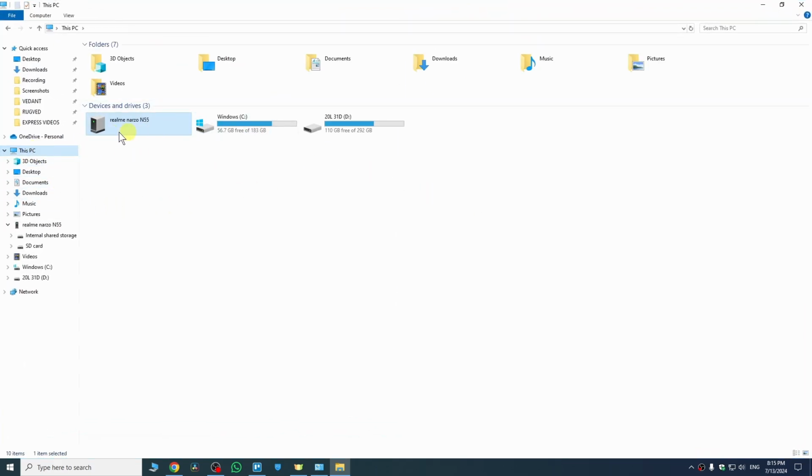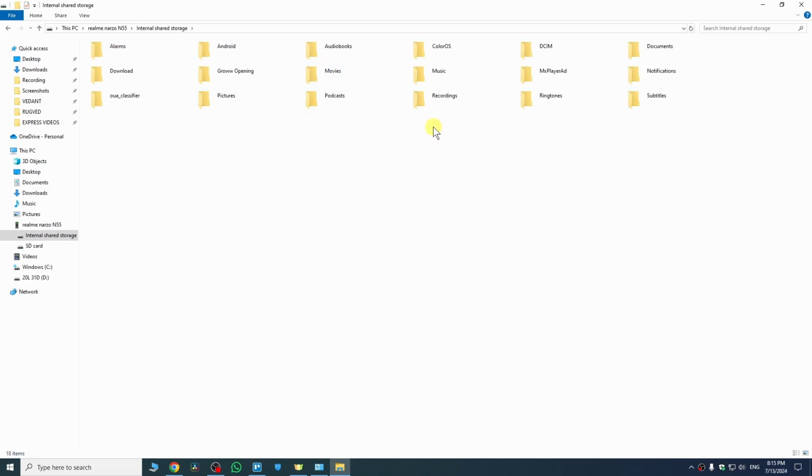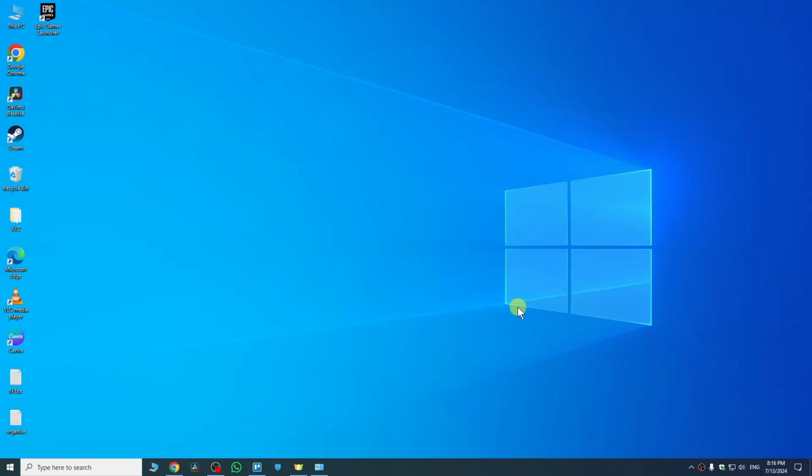As you can see in this PC, this is my phone which I connected to my PC, and right from here we can just easily share our files from our internal storage or from our SD card. So I just want to share my files from internal storage, so I can just move some of my camera pictures which I took from my camera. And also if you want to transfer your Google Photos, you can do that. You can transfer your screenshots,